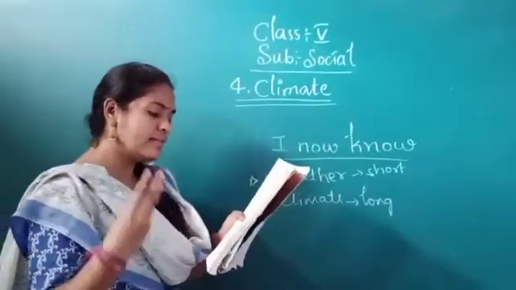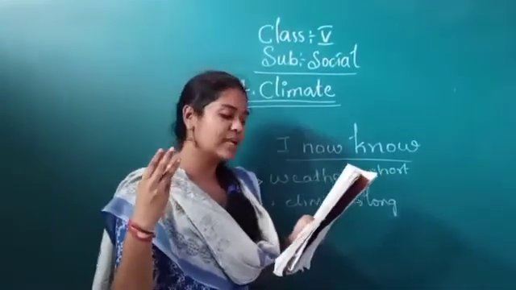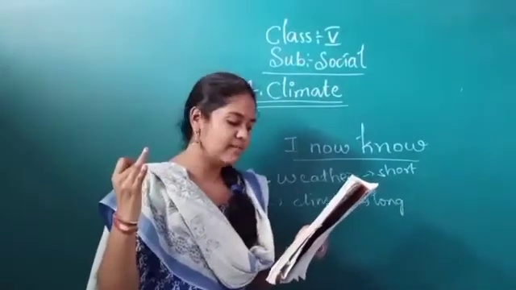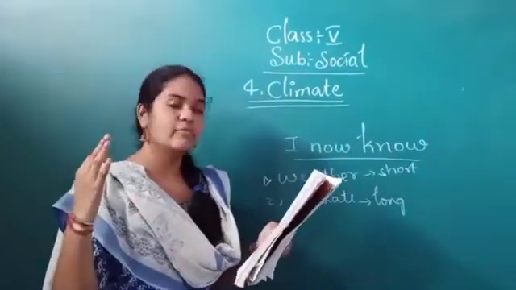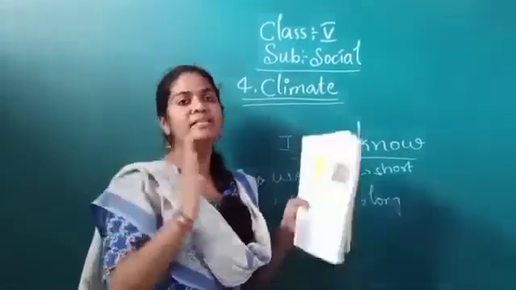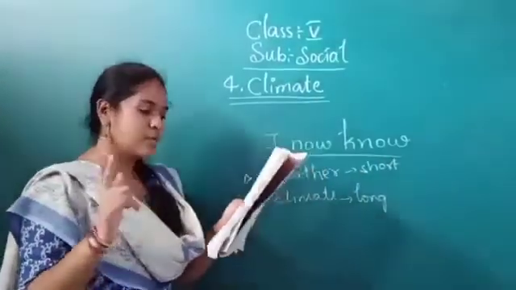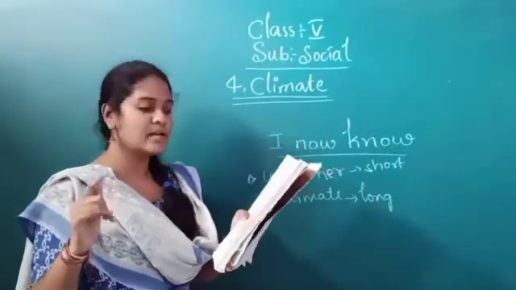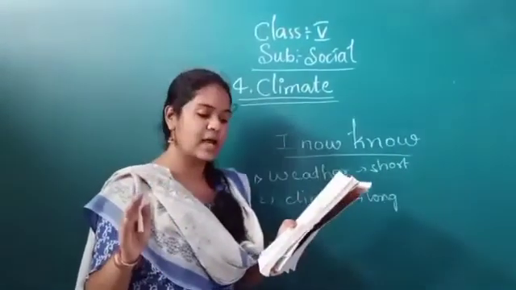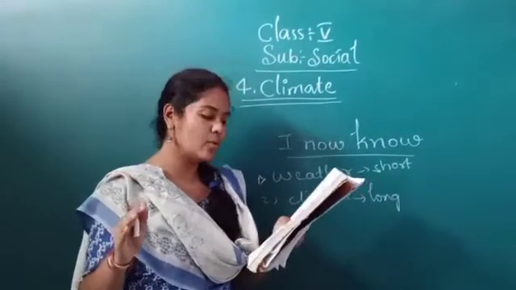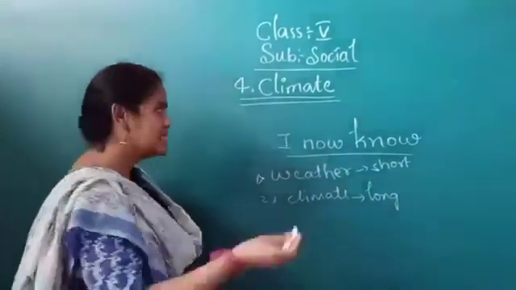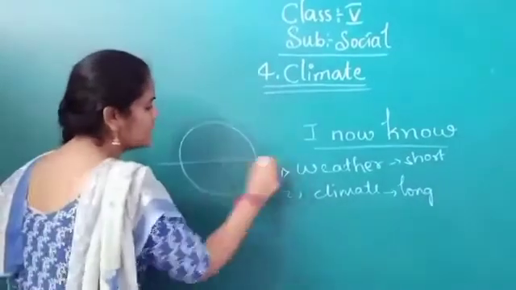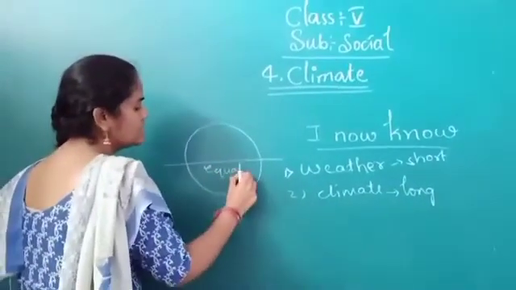And third one, what are the factors that are affecting the climate? The latitude, height above the sea level, distance from the sea, winds and humidity. Already we discussed this in the lesson, and you know this now. Fourth one, places near the equator receive maximum heat from the sun. It reduces as we move towards the poles. We discussed in the lesson. Suppose this is the earth, and this is the equator.